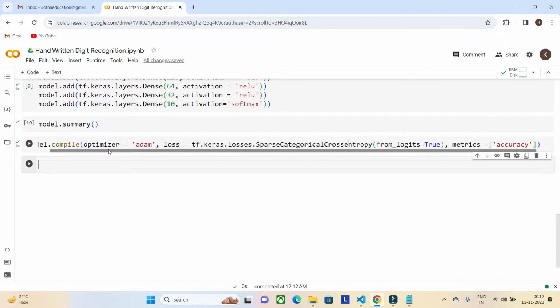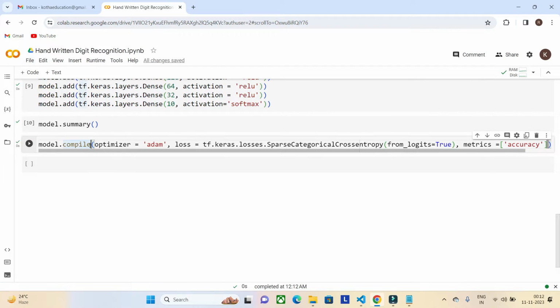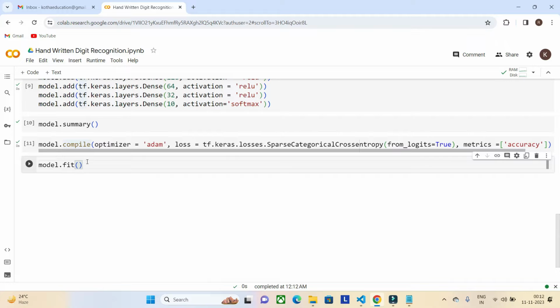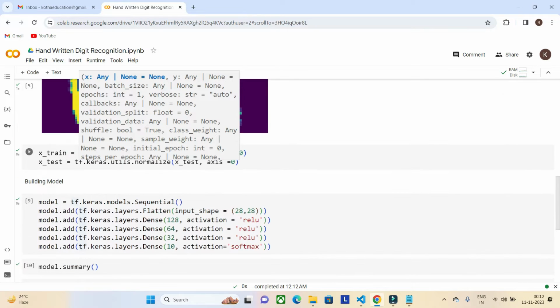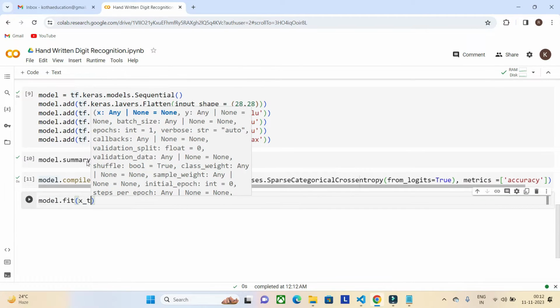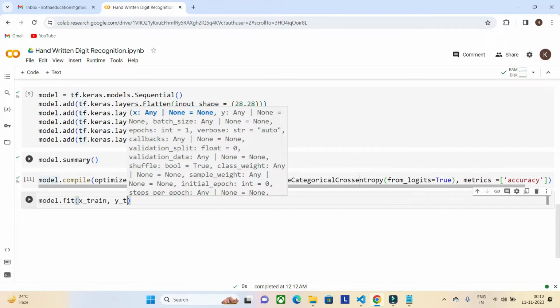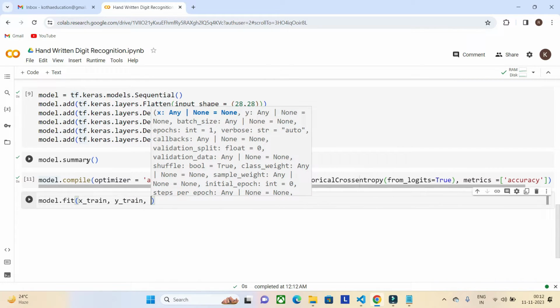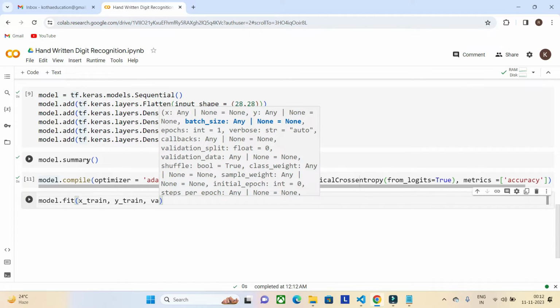So compiling of our model is completed. We have created the model, and we have added the compilation of our model. Now let's fit our model, let's train our model. model.fit. So what we need, training data set, right? X_train and y_train. So we are going to fit our model with the input training data set, and we need the validation data set as well, right?